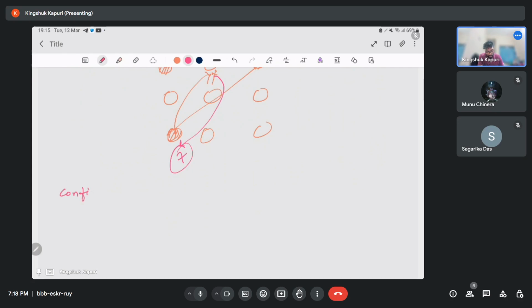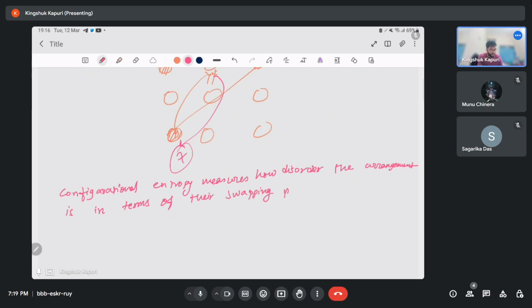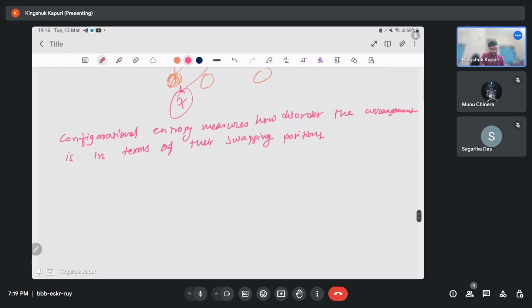Configurational entropy measures how disordered the arrangement is in terms of their swapping positions. This is the proper definition of configurational entropy, and it can be calculated by the expression